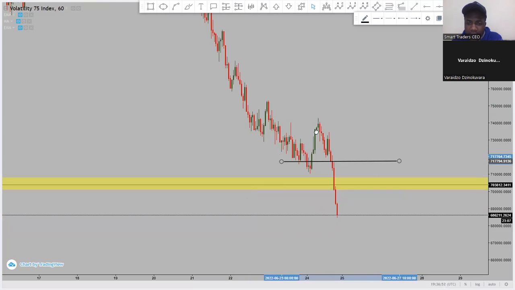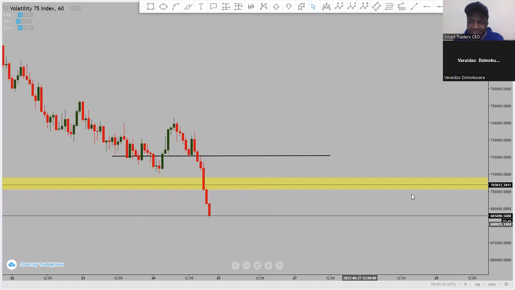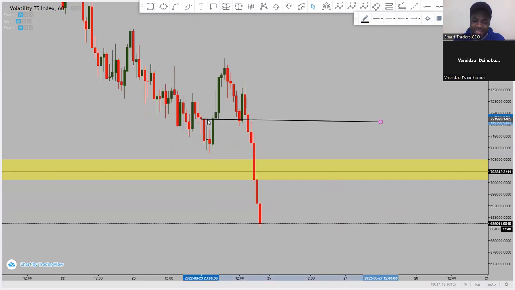So now here it created this area. The price came, then bounced on this area, created this level. So after the creation of this level, the break now of this low here, the break of this low, you could have entered sells, because you know, number one, the market is still bearish. We are still in a bearish market. We are still forming lower highs and lower lows.